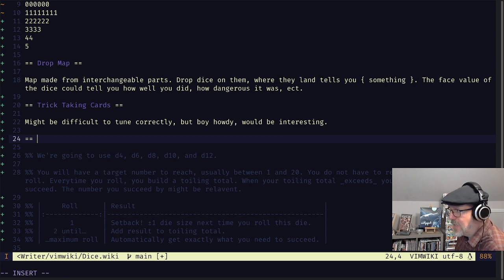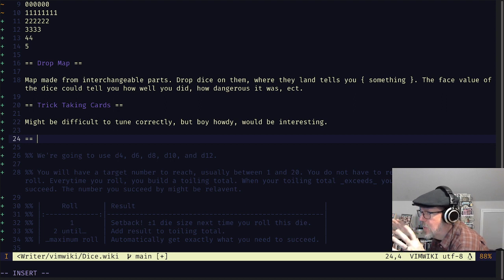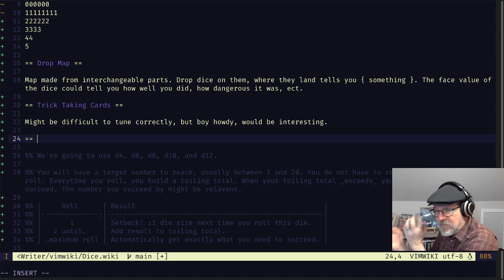It's a thing that I enjoyed way back in the early days when we were playing Tunnels and Trolls. But the fun thing about that is that the more dice that go in, the less randomness comes out of it. But it feels like there's more at stake and it's more risky. So yeah, but I don't know if I want this to be a big mitt full of dice thing.